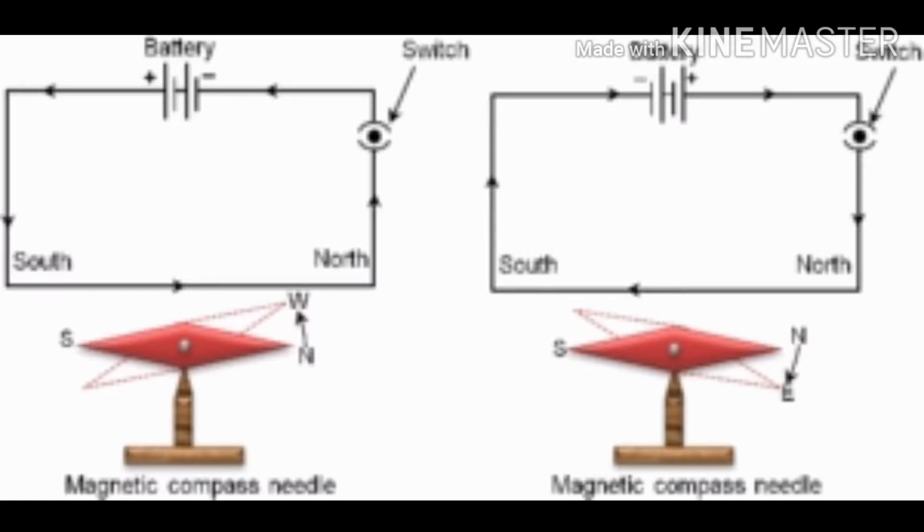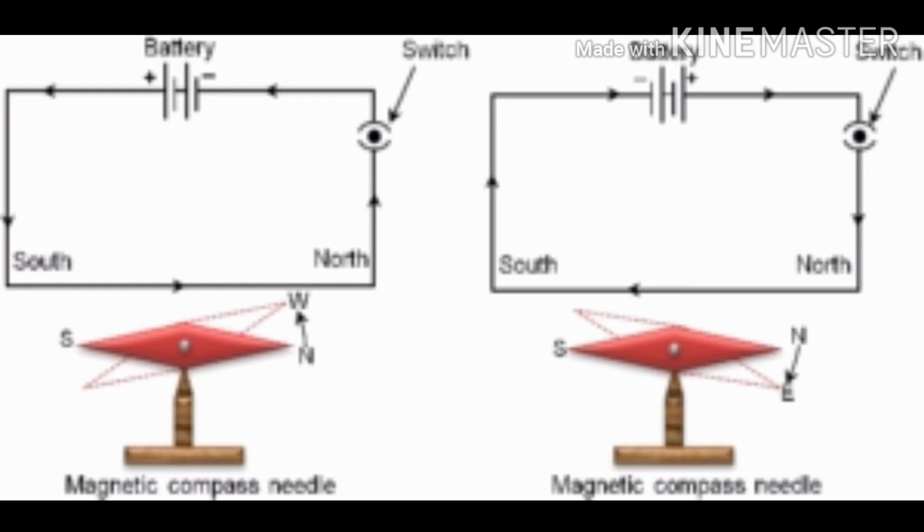So, if electricity is passing through any conductor, there will be magnetic lines of force generated around it. And if any magnet or any magnetic field is present nearby, there will be attraction or repulsion, or you can say there will be interaction between the magnetic lines of force because of the current carrying conductor and because of the magnet or any magnetic material.